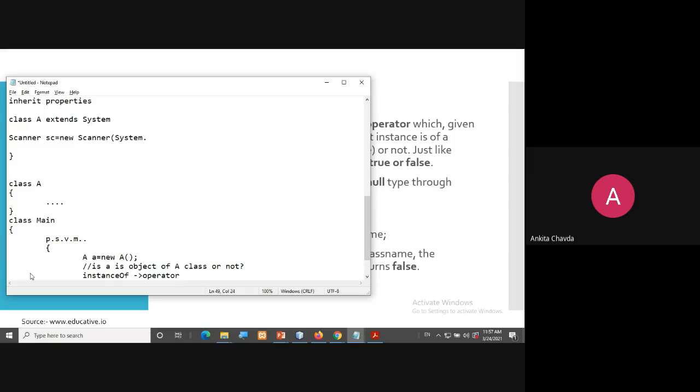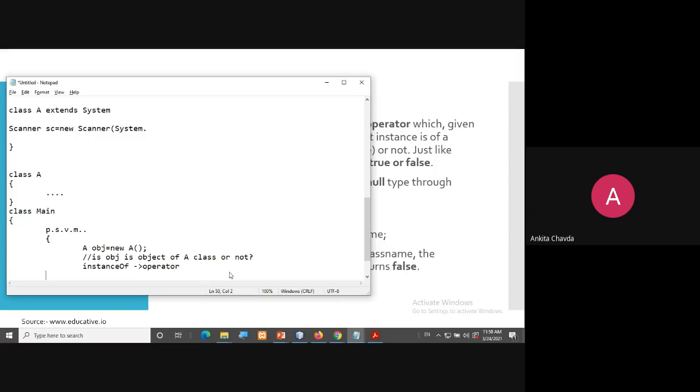Is this clear or not? I'm simply asking about this object, so maybe you will be more clear. I'm asking whether obj, this object, is actually an object of this A class or not. Yes or no? So I'm saying obj instanceof A or not.